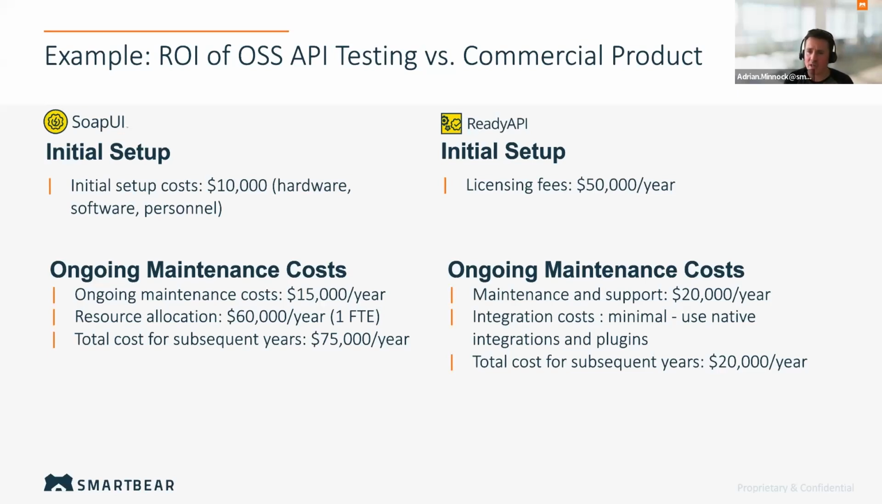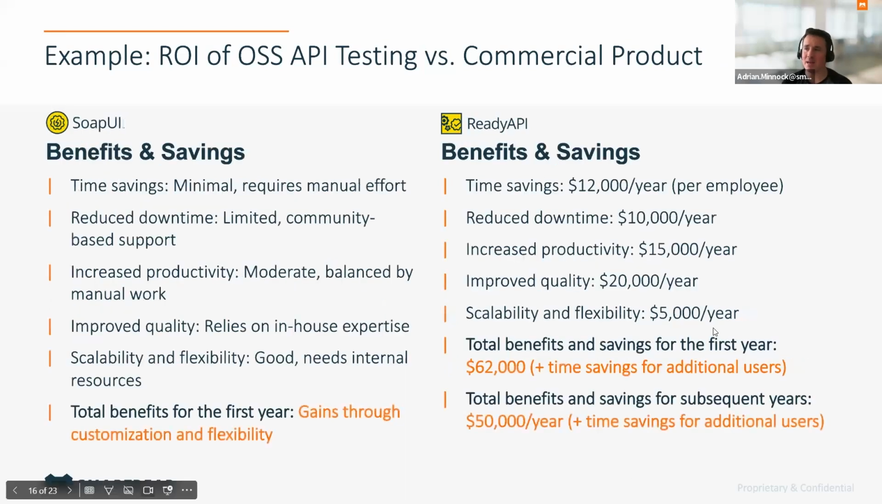Okay, so having a look, that's the initial ROI. Then again, we have some examples of benefits and savings here. We would have talked through some of these while going through previous slides. But time savings, with the likes of open source tooling like SoapUI, there's manual effort involved. Reduced downtime. When we're looking at the commercial offerings here as well, again, reduced downtime can be a huge one, increased productivity